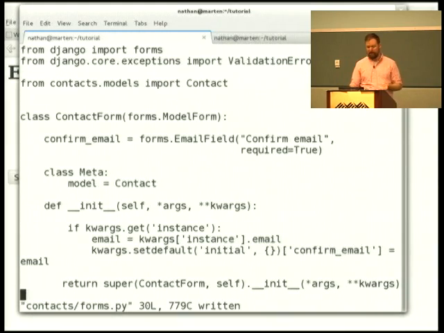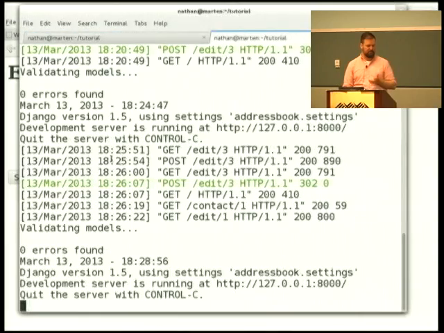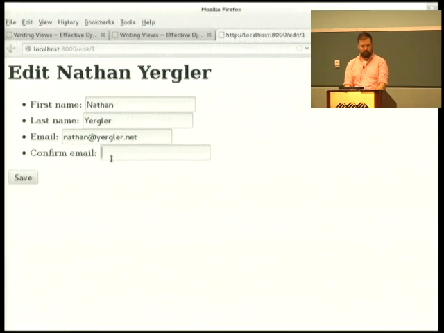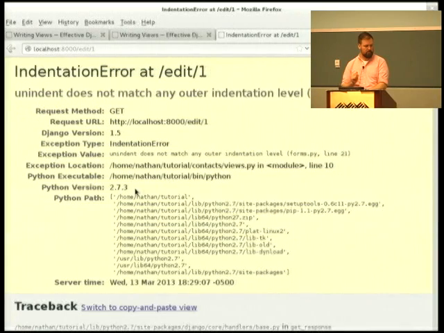So continue. So now I can just fall back to the default Django behavior. So now if I refresh this page, my